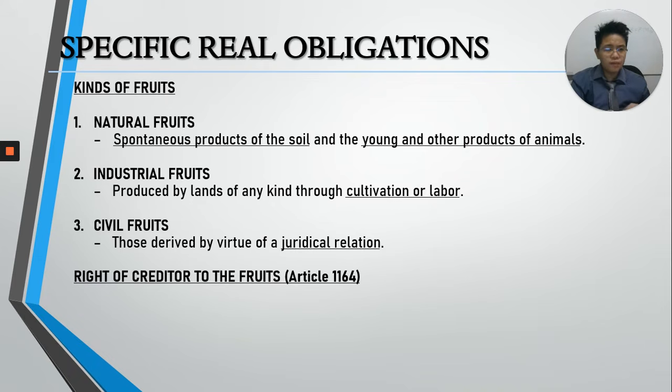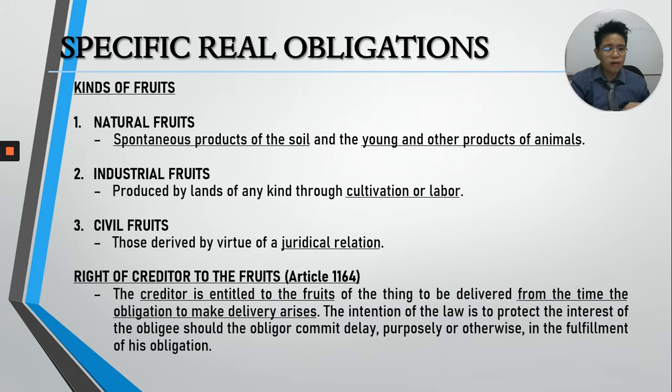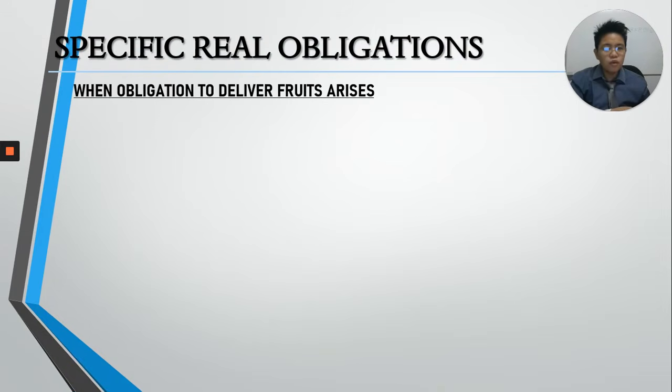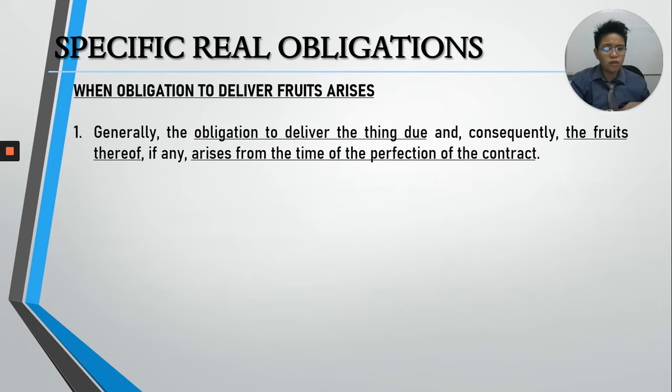So, obviously, the creditor will have a right to fruits from the time the obligation to make delivery arises. So, what else do you have to remember? When does the obligation to deliver fruits arise? Number 1, this is the general rule. The obligation to deliver the thing due and consequently also the fruits arises from the time of the perfection of